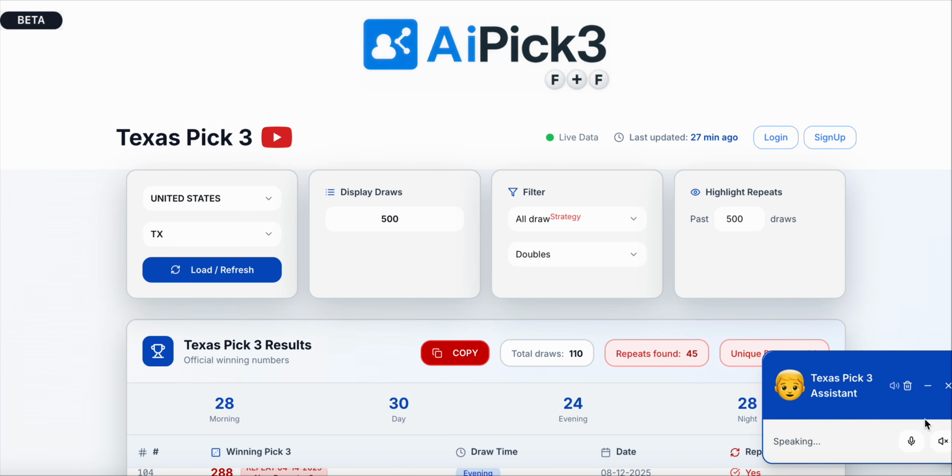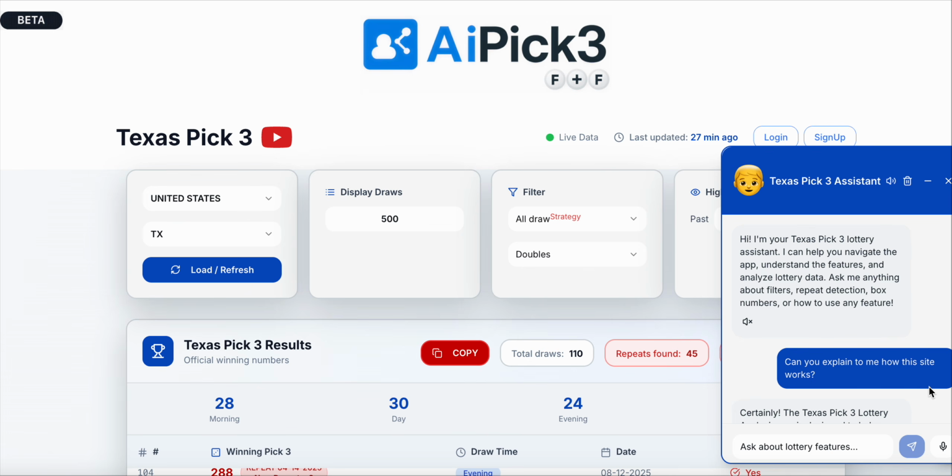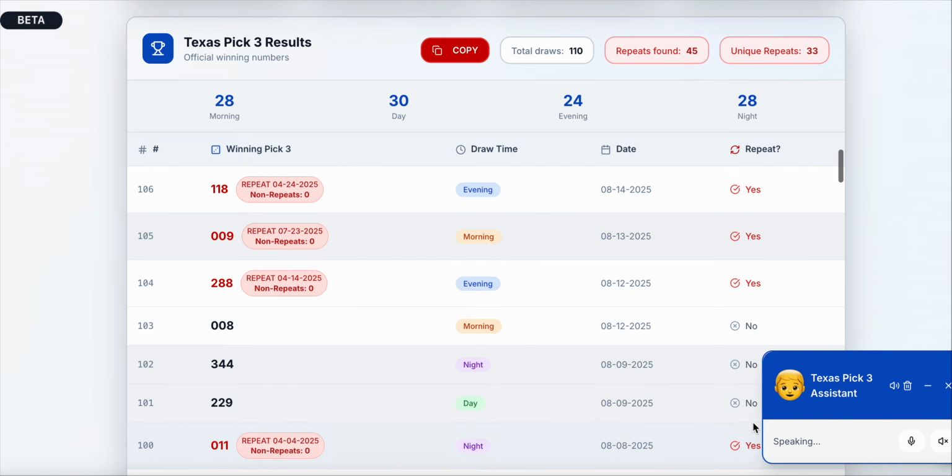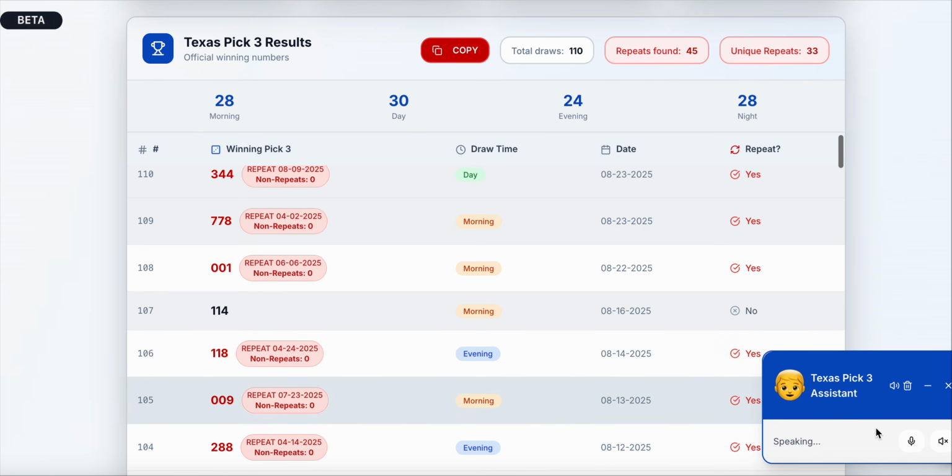If you click that, you are able to view the AI and actually ask it questions, not just type. You can open it up like that, or minimize it while you're working, and then ask it questions. Let's see if it's going to work. I just want you to hear it because it's being trained. Can you explain how this site works?